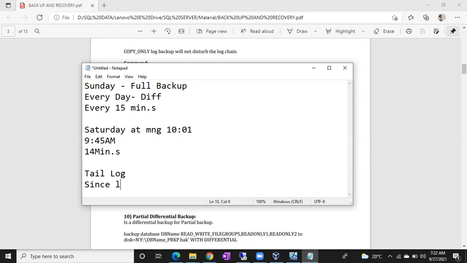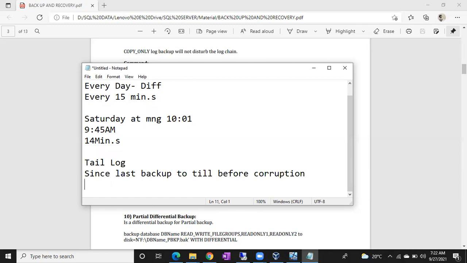It covers the time since the last log backup till before corruption. Say it was corrupted at 9:49, and the last log backup occurred at 9:45. The tail log backup will take 9:45 to 9:48:59.